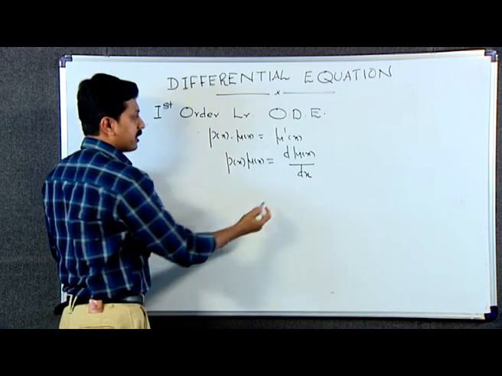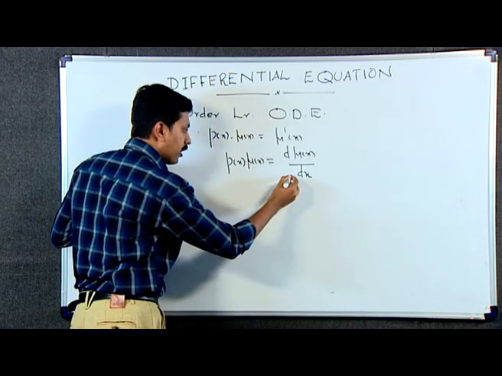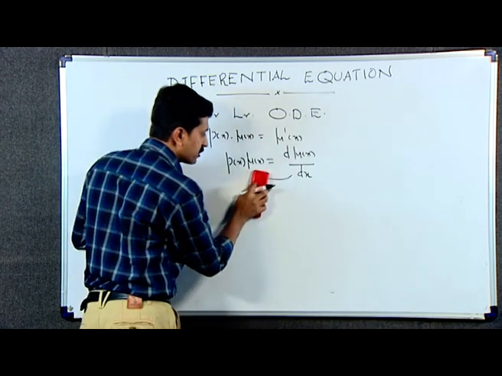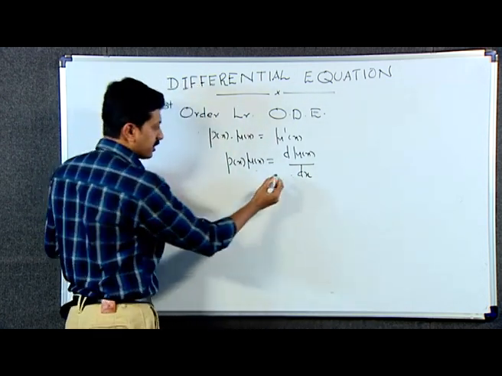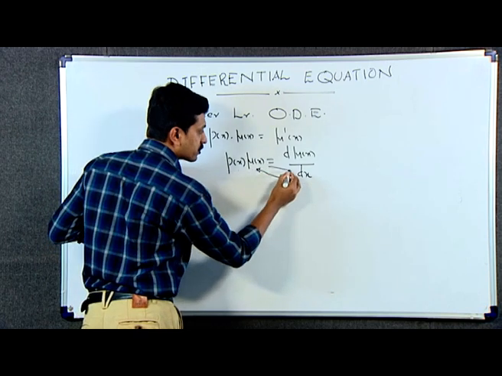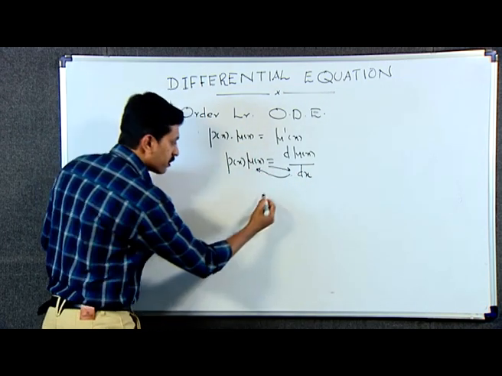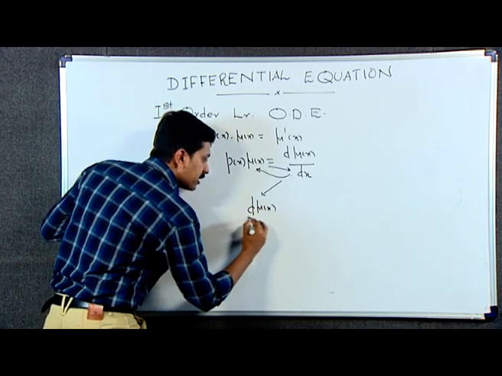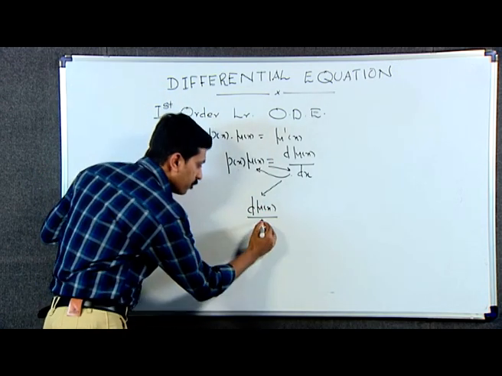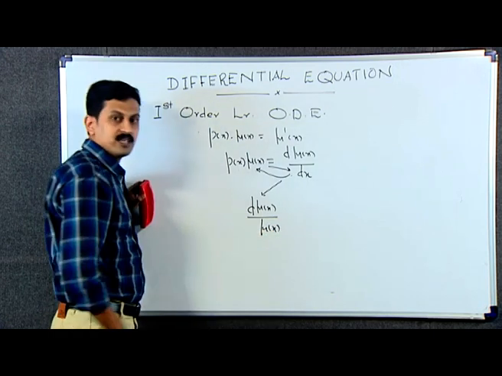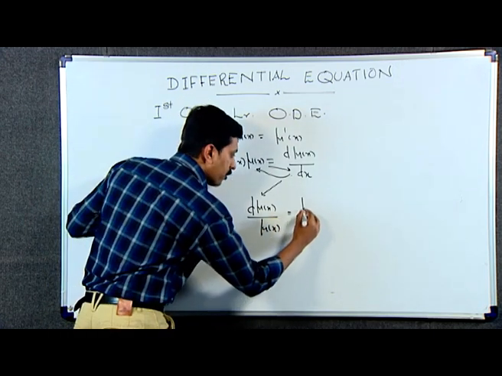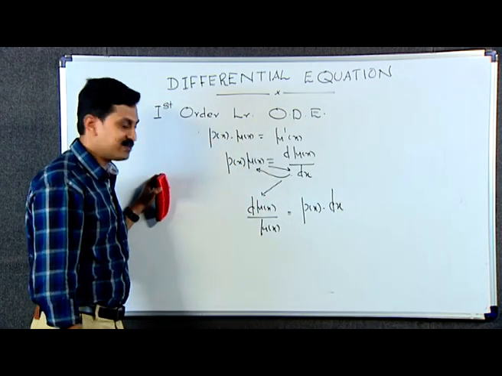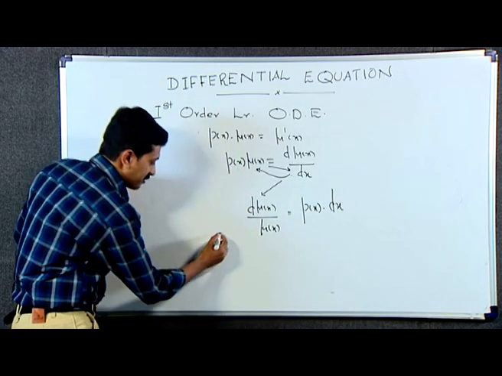As we did previously in variable separable, I would like to take dx to this side and mu(x) to that side. Therefore, we can write d mu(x)/mu(x) = p(x) dx. Integrating both sides,